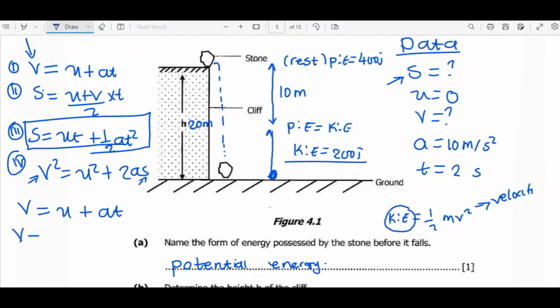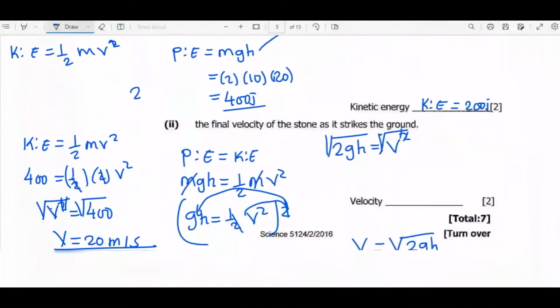Final velocity is equal to, our u is our initial 0, plus the acceleration is 10, then the time is 2. So 0 plus 10 times 2 is 20. 20 plus 0 is 20 meters per second. So we still have the same answer. Okay, we can move on to